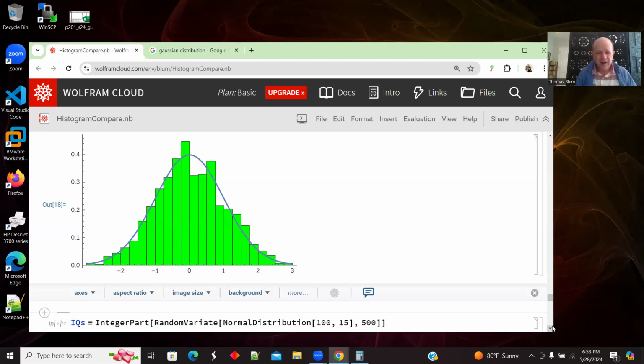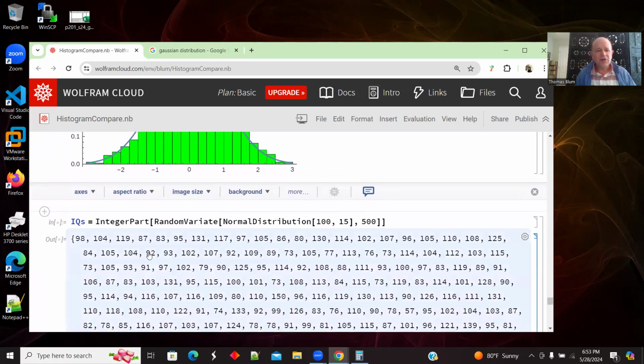That's a standard important distribution mathematically, and that is built into Wolfram Mathematica. I'm not showing you that, but I do want to show you one other variation on the bin spec